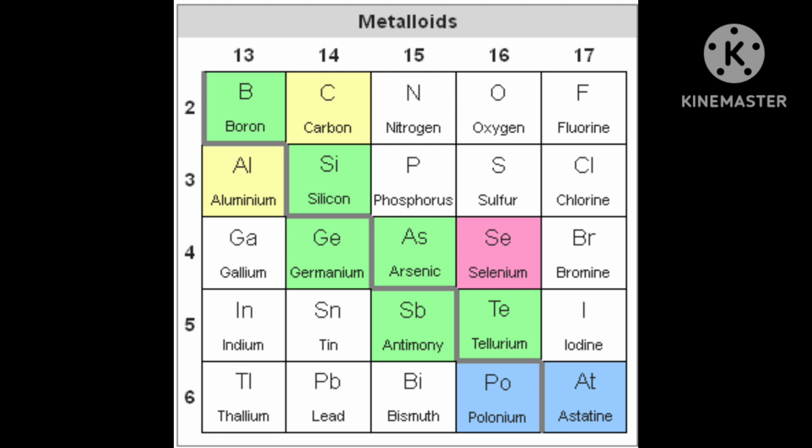Strontium is 38, and its atomic mass is 87.62. And barium, atomic number 56, then atomic mass is